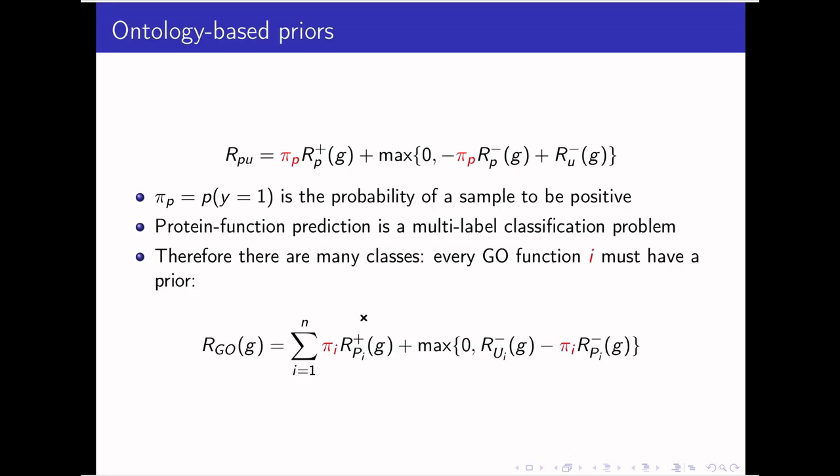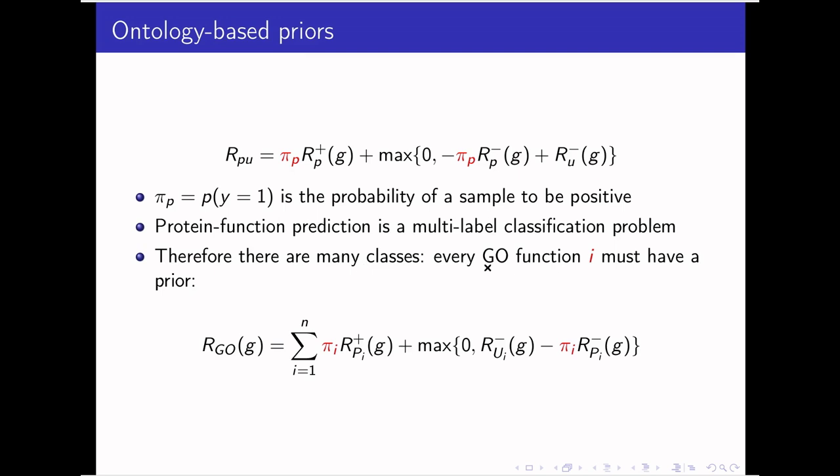However, in our case, since we are dealing with functions in the gene ontology, we decided to rely on the hierarchical information of the functions in the gene ontology. So, since protein function prediction is a multi-level classification problem, we have many classes, and because every GO function is a class,